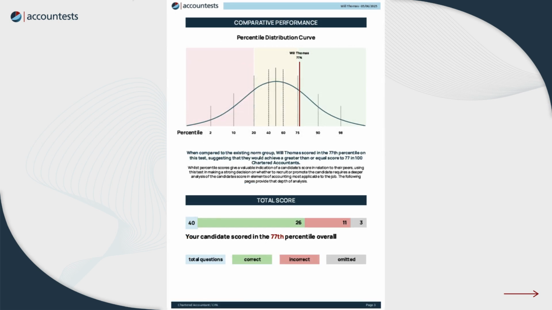If we go through to the next page, this is the most important. At the top of the page you'll see the bell curve. This is where you can see how your candidate did compared to our norm group. When we developed this test, what we did was get a whole lot of appropriately qualified accountants to go through the question set to create a norm group, and then you're able to see how your candidate did compared to that norm group. How do they stack up against their peers when looking to see whether they've got the technical